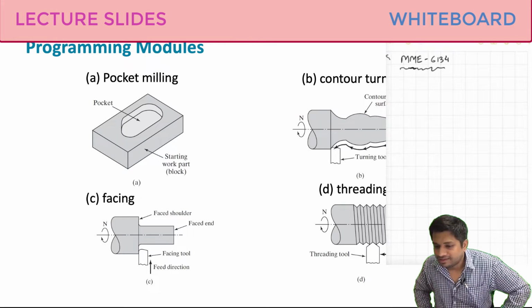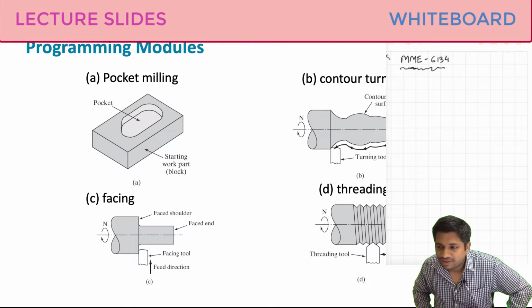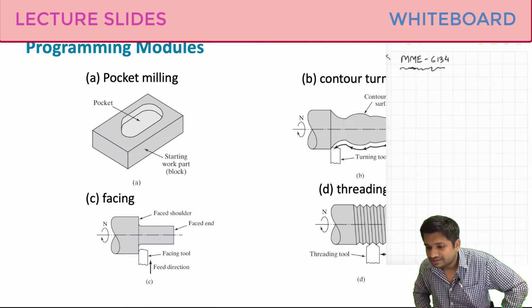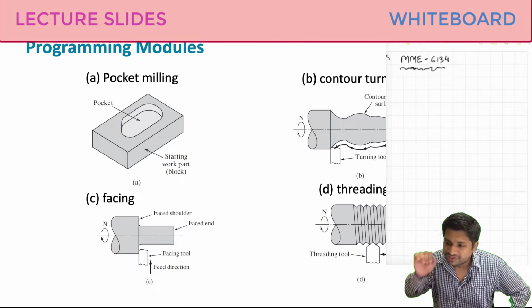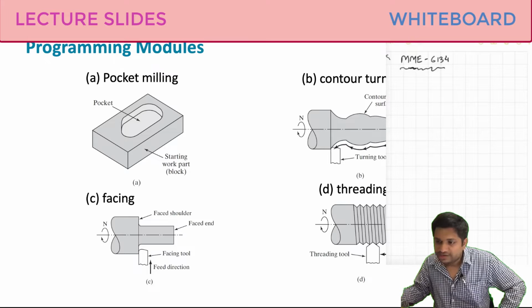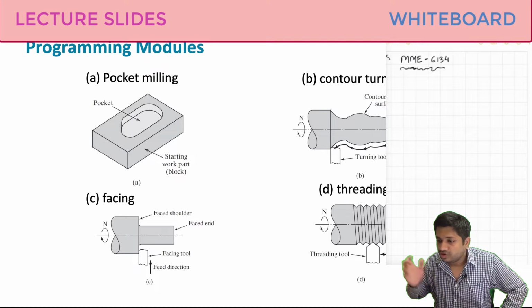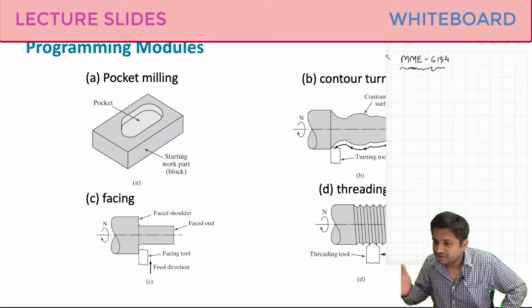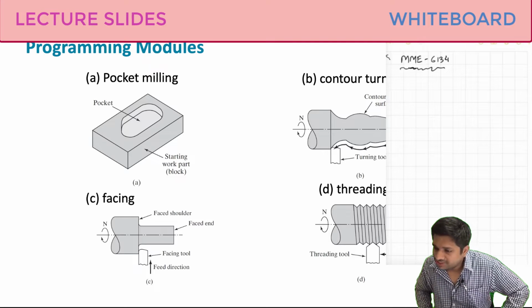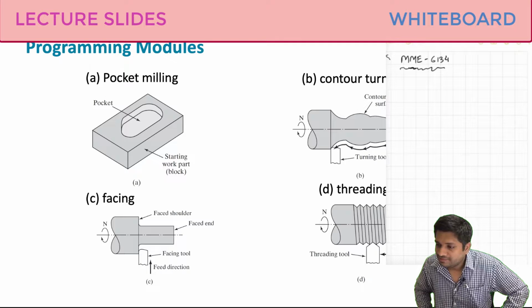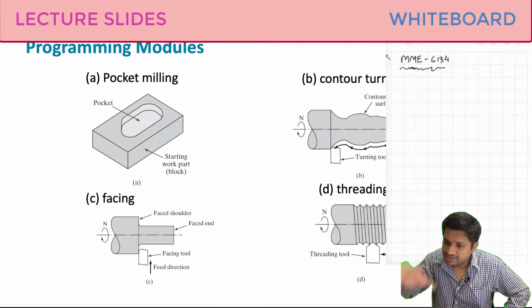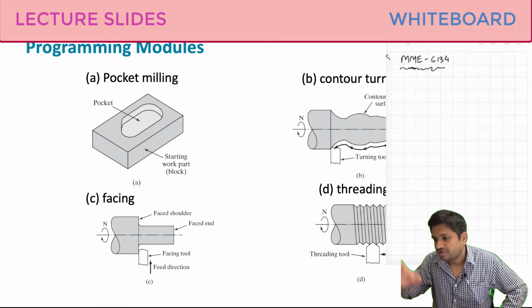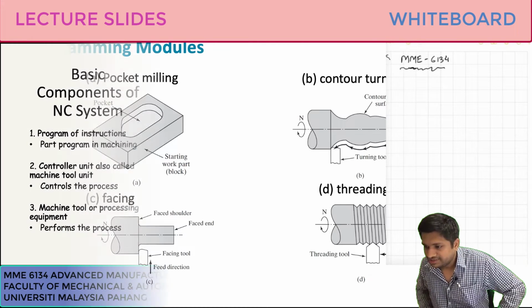So there are various operations that we can perform. The ones we conventionally use are milling, turning, drilling, grinding machines. But then we can integrate numerical control into these conventional machines. So when we integrate numerical control into these machines, they become a numerical control milling machine, numerical control turning machine, etc. So all of these machines can be integrated with the help of control systems and then we can convert conventional manufacturing machines into advanced numeric control manufacturing machines.